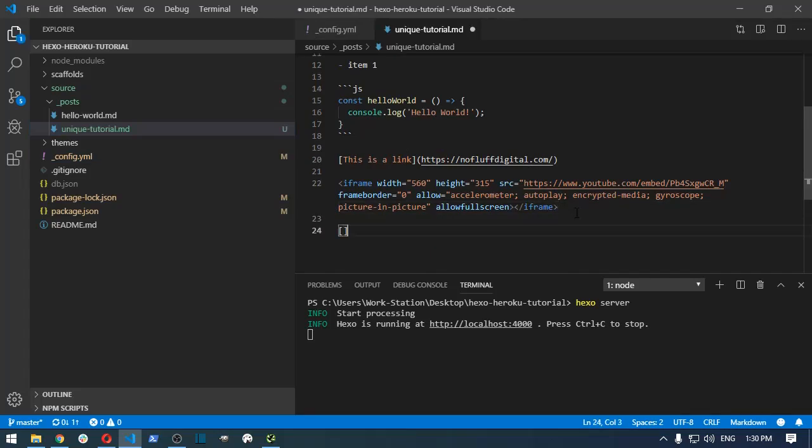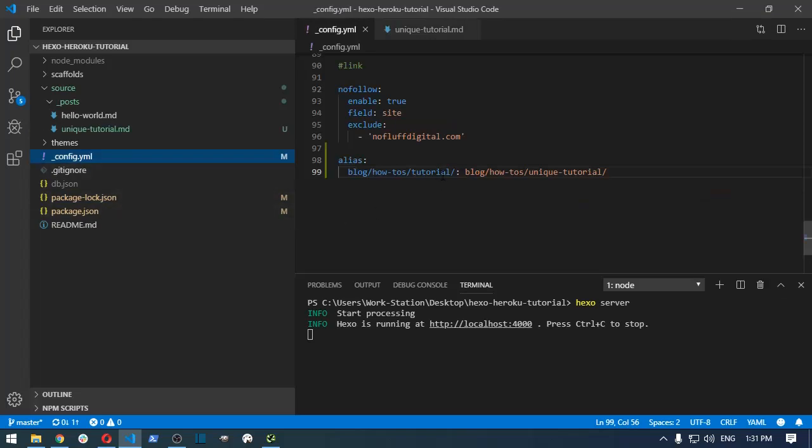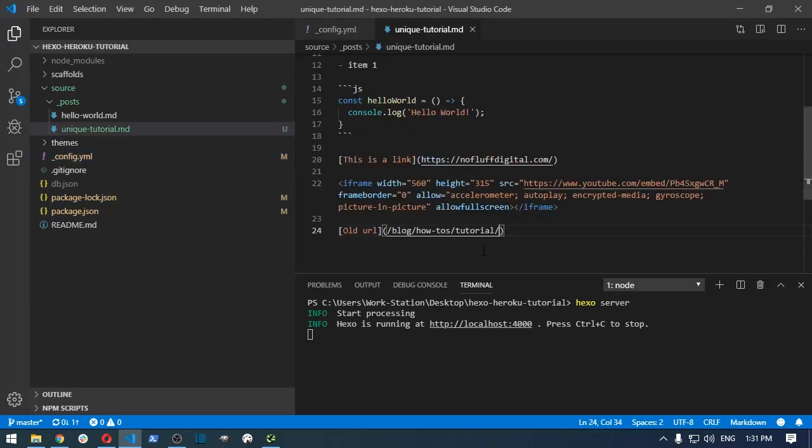So, old URL. This is just to make sure that the site crawler does find this link. Actually, we don't even have to add that part in. So it was blog, how-tos, and then tutorial. Okay, so save that and just double check that is the same as that. Okay,